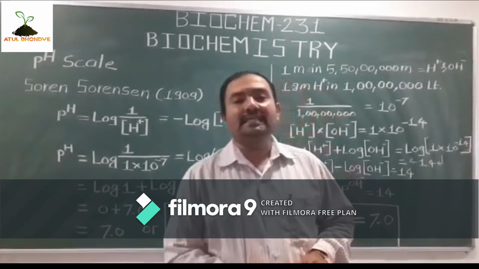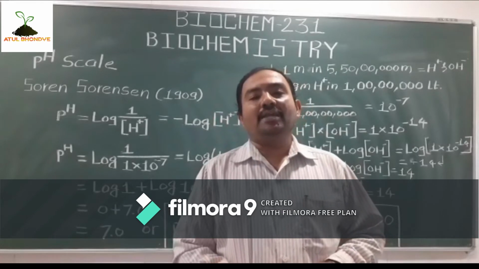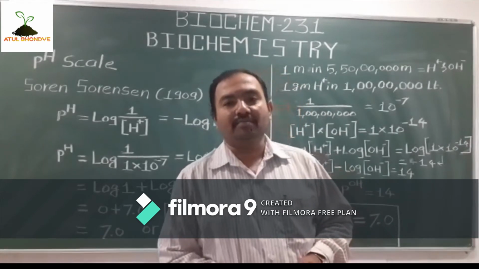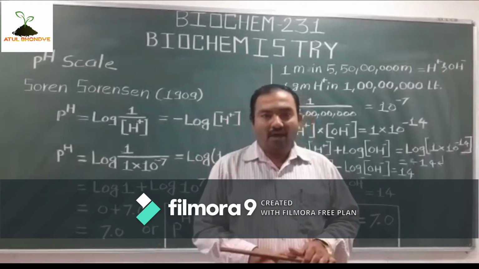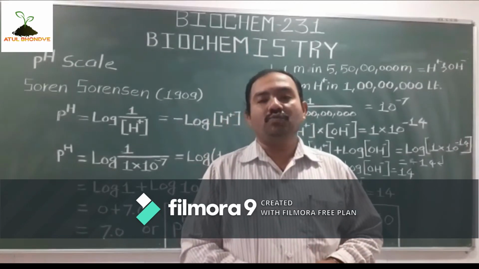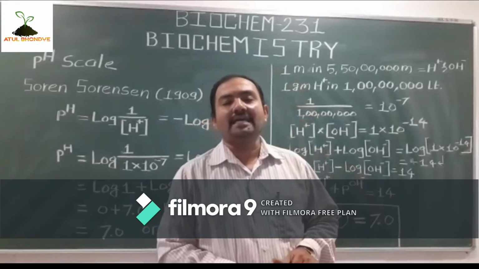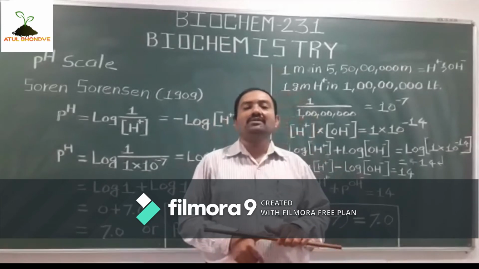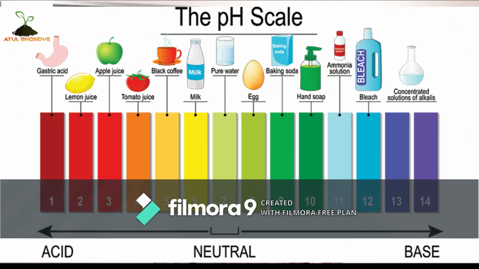In the case of a weak base, it gives rise to hydroxide or hydroxyl ions, OH minus, as compared to H, and because of that the pH scale increases from 7 to 14. If the hydrogen ion activity increases as compared to OH, it gives rise to acidity, whereas when the concentration of hydroxyl ions increases as compared to H, the basicity increases, and that is actually called the pH scale.